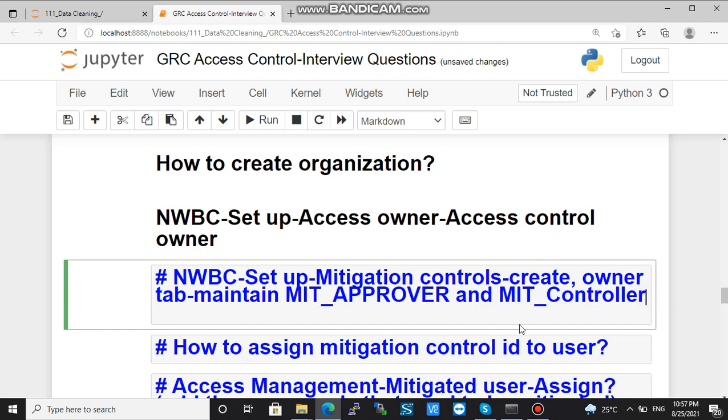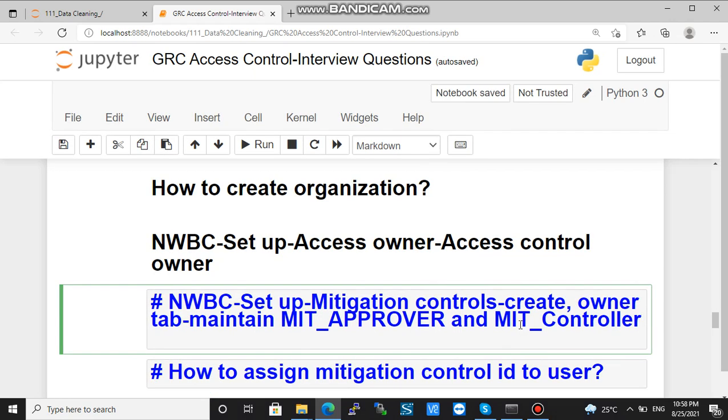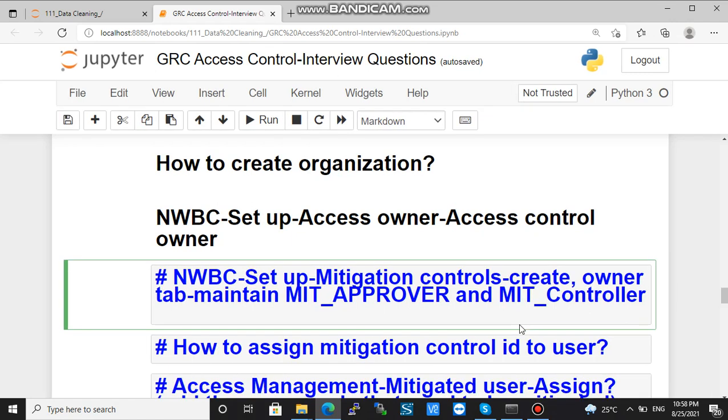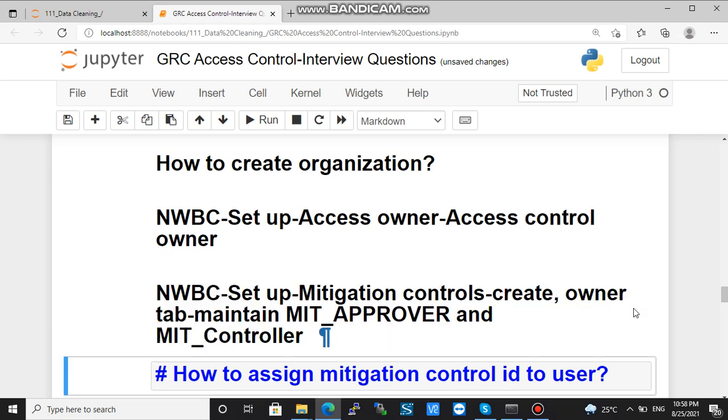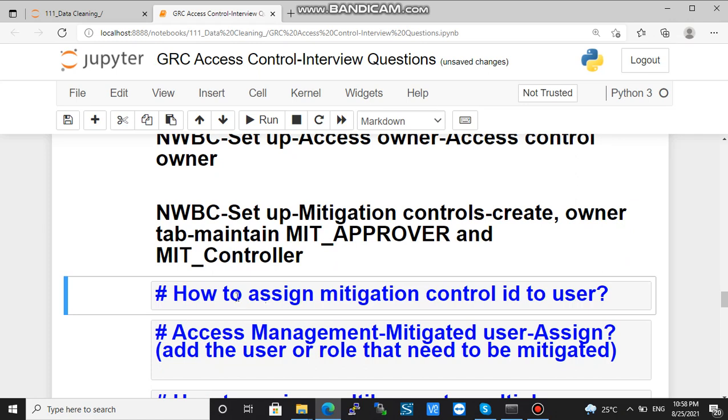You have to create the mitigation approver and controller in SU01, and you will be providing the approval role to the approver and monitor role, owner role to the controller here. So this is how you can maintain the mitigation approver and mitigation controller.